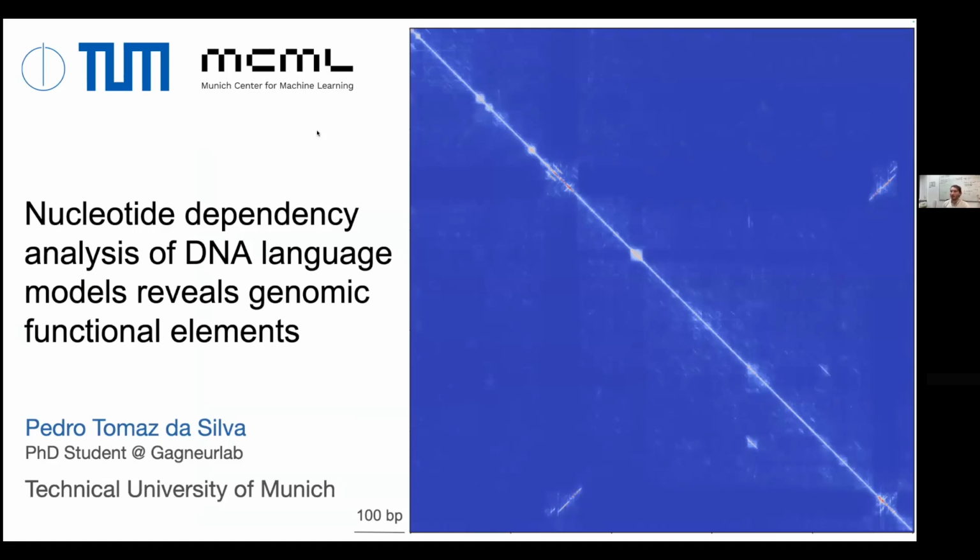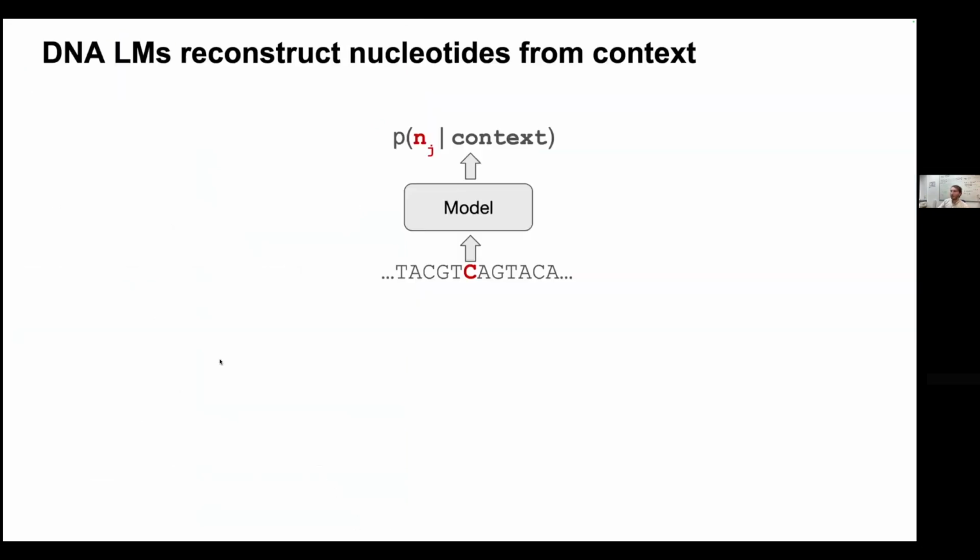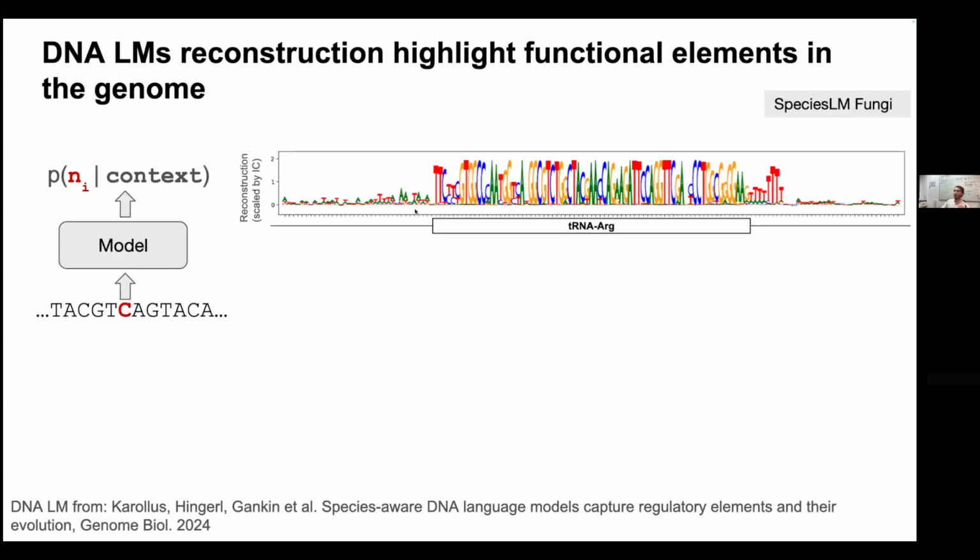I'm again a PhD student at Gagneur Lab, and today I'm going to present how we can leverage DNA language models to look at nucleotide dependencies in the genome and reveal functional elements. Language models in DNA are usually trained by predicting or reconstructing a nucleotide from a specific sequence context by assigning a probability to each one of A, C, G, or T for each position. And we and others have shown in the past that the reconstruction from the language models highlights functional elements in